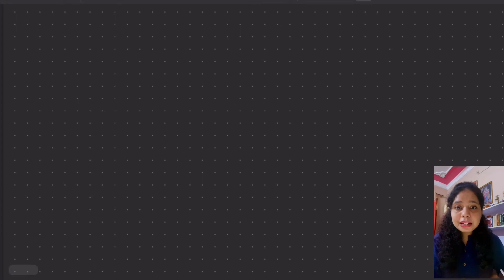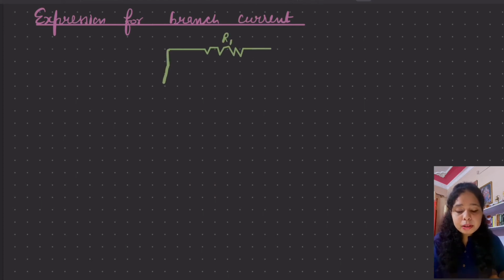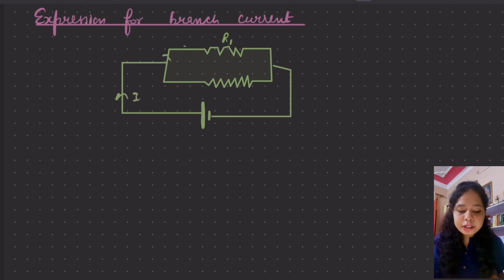Now as I told you in the beginning that we are also going to look for the branch current when the resistors are connected in parallel. So let us find the expression for the branch current when we are having resistors connected in parallel. In this case, I will consider only two resistors, R1 and R2, connected in parallel to each other, and I will make a battery which is going to send I current to the resistances R1 and R2, and this I current is going to divide itself into two parts, I1 and I2. So let us say I1 current is flowing through resistor R1 and I2 current is flowing through resistor R2. So now we have I1 plus I2 is equal to I.